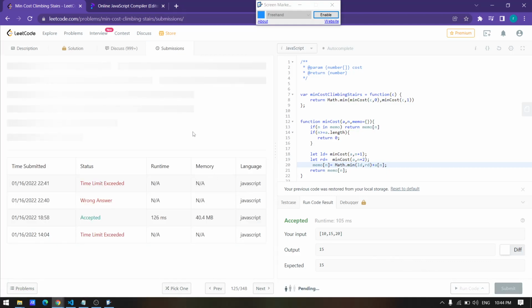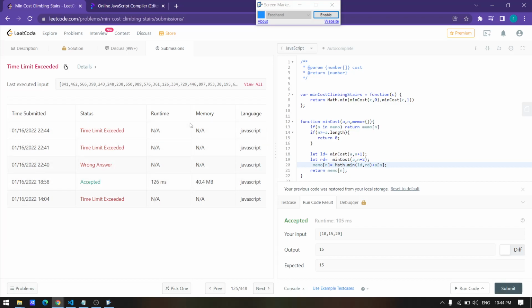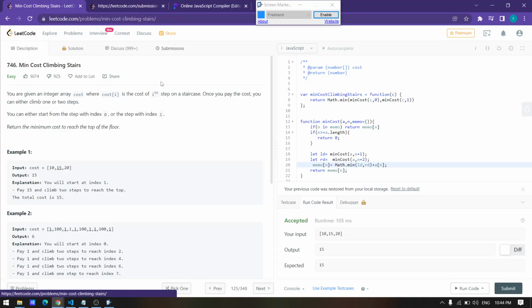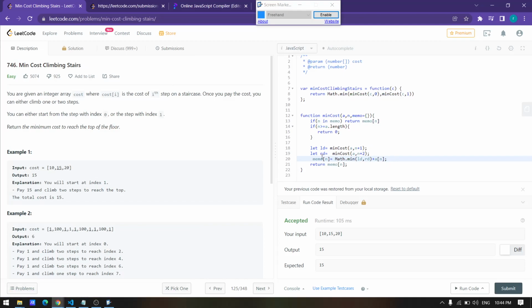So once I submit it, let me guess what we get after memoizing. Okay, it is giving me the same error. I don't know why it is giving me the error right now.